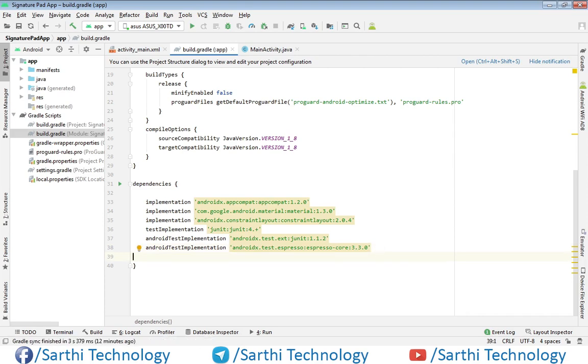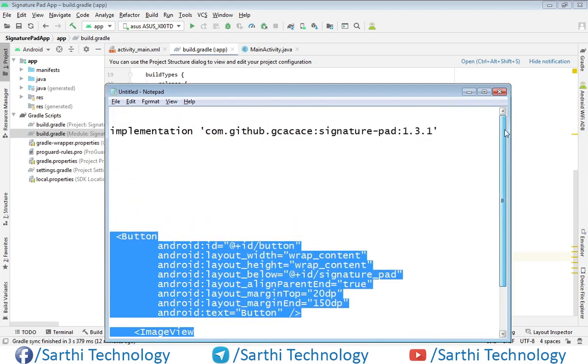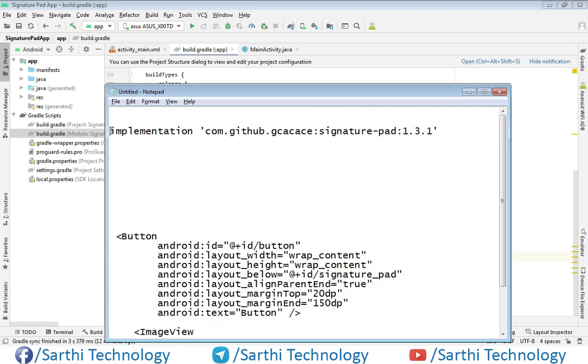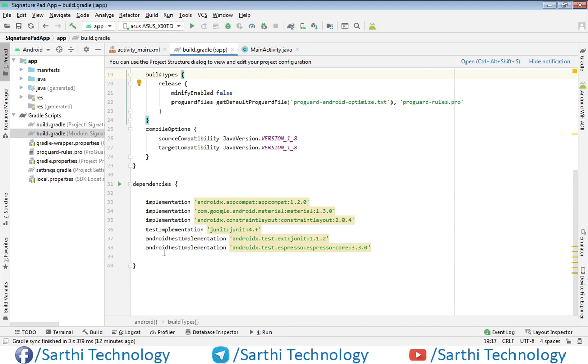The code you can find in the description of this video, or you can just pause this video and here you can see the code. So just copy this and then paste here. Now click on this Sync Now button.